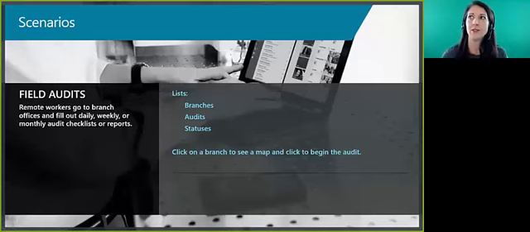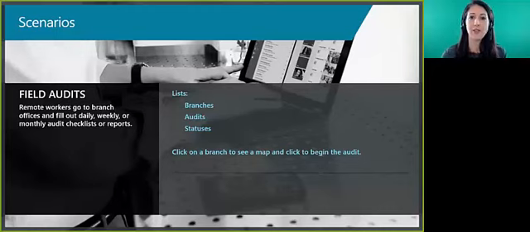I have a lot of customers that have people out in the field, they have branches, they have audit checklists, they have things that need to be done on a routine basis, where it's really nice to have this as a mobile app, because they have people that travel around to all of their different branches and locations, and they need to be able to quickly and easily get the information they need, quickly check some things off, maybe even take some pictures, and be on their merry way